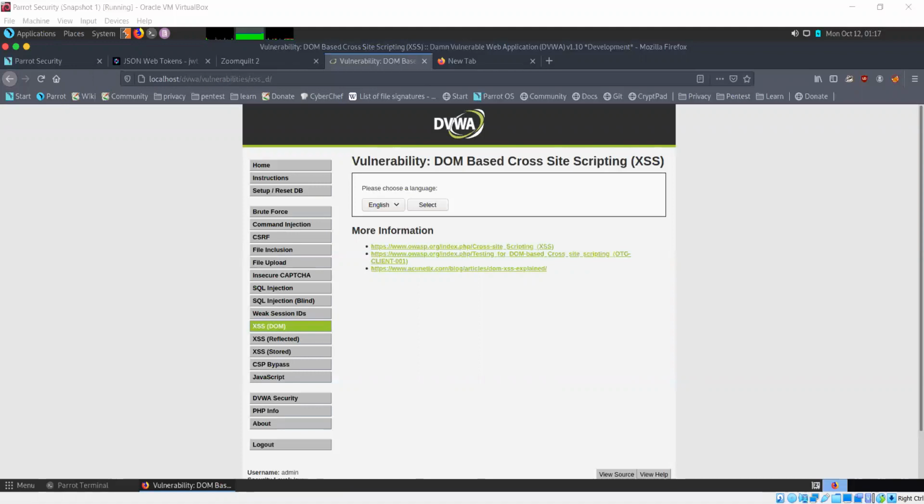So now JavaScript can manipulate this entire DOM, this entire document object. This is the intended functionality of JavaScript, that it can make changes to the document object model.